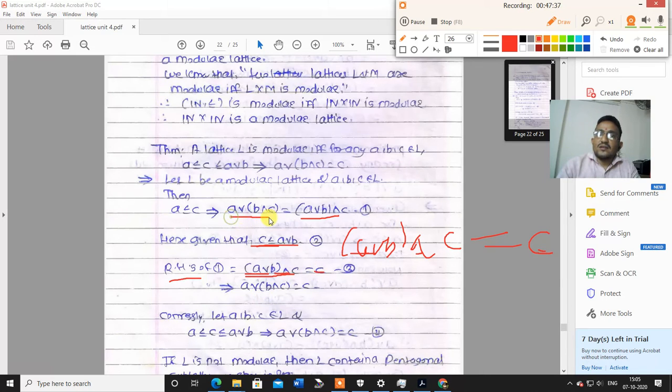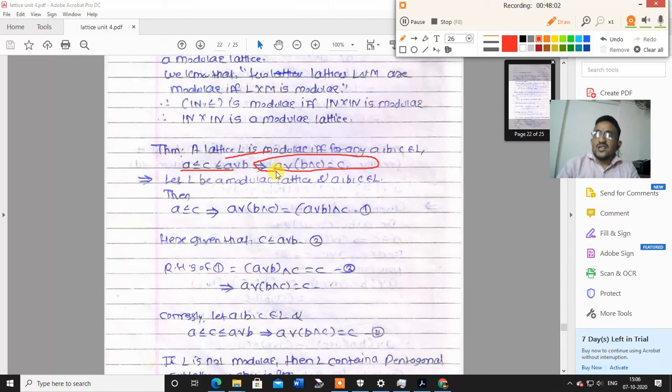Therefore again, what is here? This is a property. Again, by equation 1 we can say that if this value is C, then this is also equal to C. Therefore A join B meet C is equal to C. In particular, if L is a modular lattice and this condition is satisfied, then this other condition is also satisfied. Conversely, suppose A, B, C are elements of lattice L,